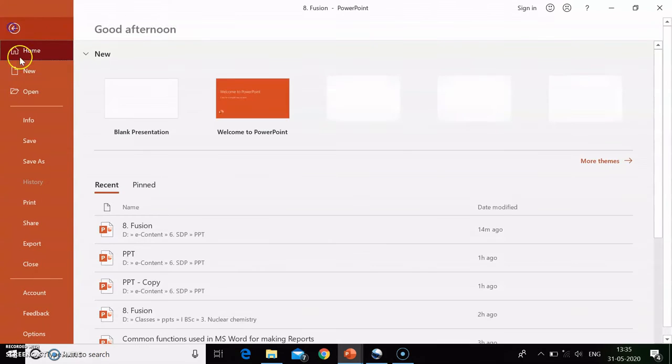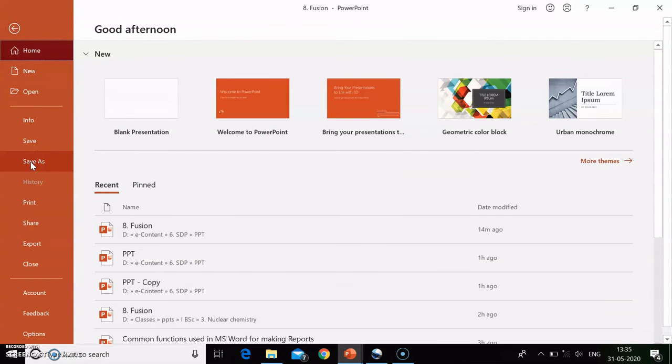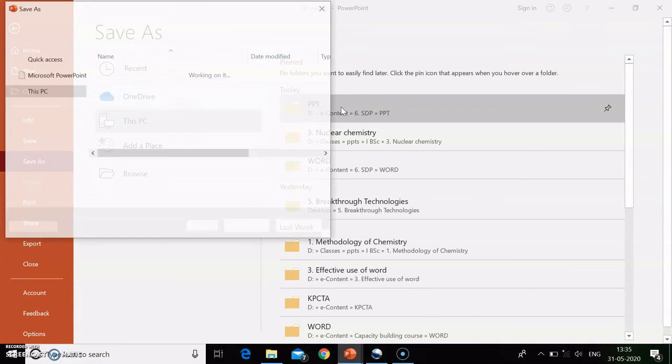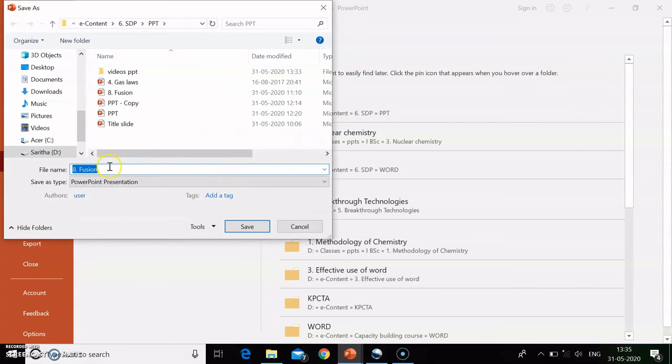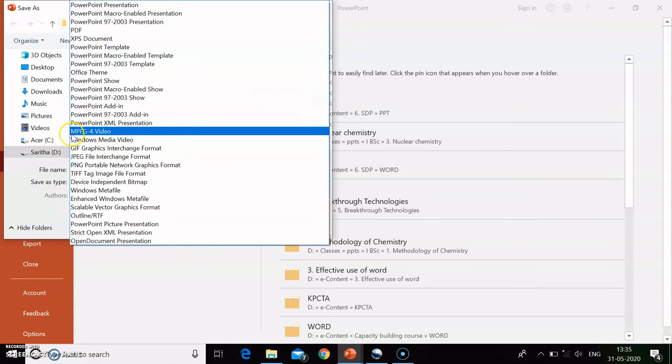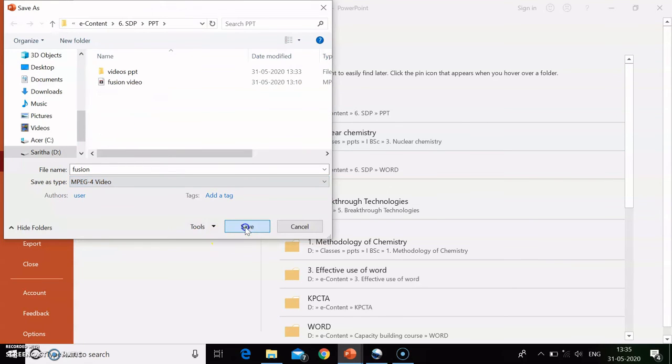Now go to File, click on Save As, choose a folder, give a file name. Let me give the file name as Fusion. Then click on Save As Type and select MPEG-4 video and then save.